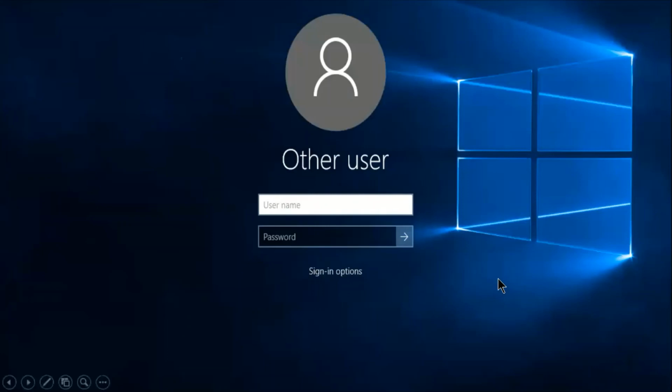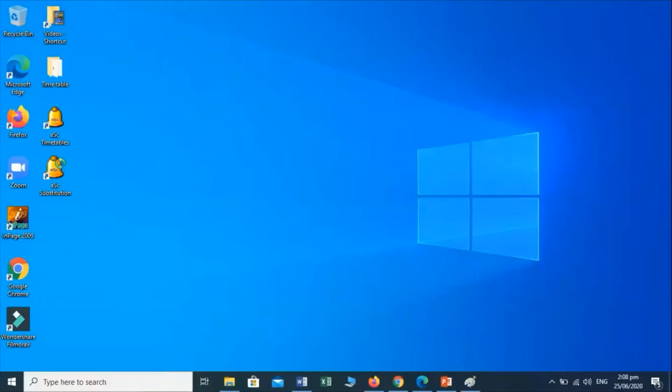And I have explained that you can sign in with a Hotmail or Outlook email ID as well. After signing in, you will have the final screen of Windows. This screen appears at the end when your Windows installation has been completed. You can see the final screen or desktop appearing in front of you. It means your Windows 10 has been installed now.